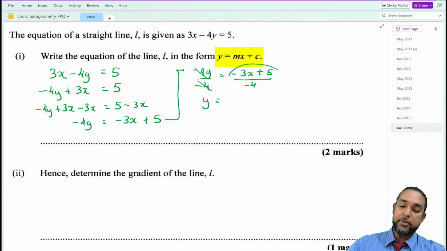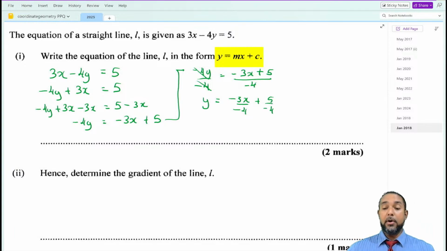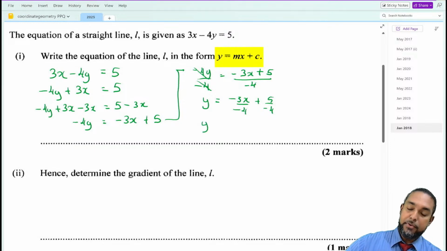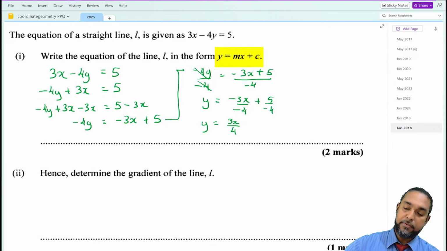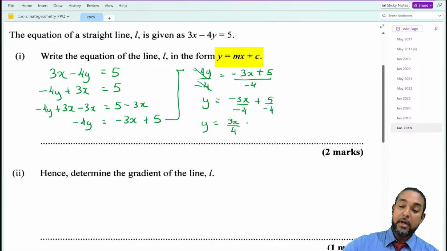Now, again, what we'll do here is we'll decompose the fraction. What does that mean? It means splitting the numerator separately over the common denominator. Now, check this. Again, you have a minus divided by a minus. And what does that give you? A positive. So the 3 in minus 3x over minus 4 becomes positive 3x over 4. And here, you have a positive divided by a negative. What does that give you? A negative. So this becomes minus 5 over 4.